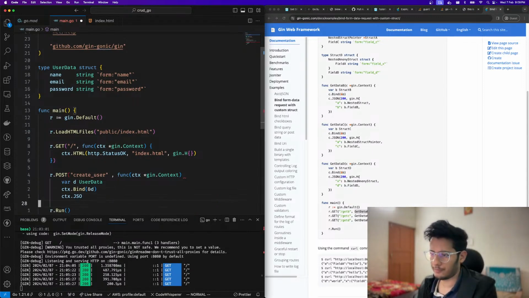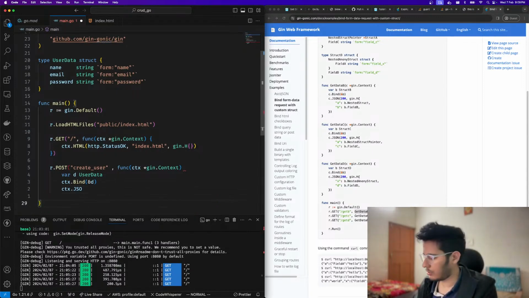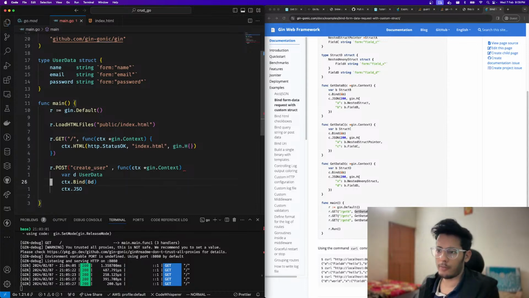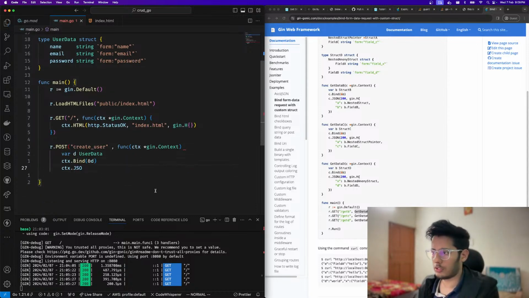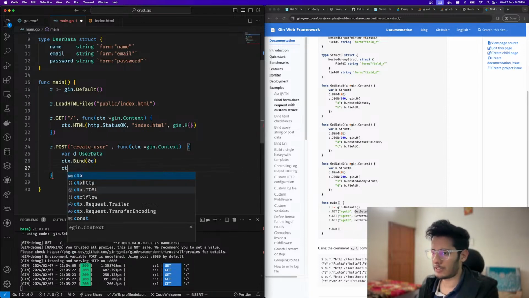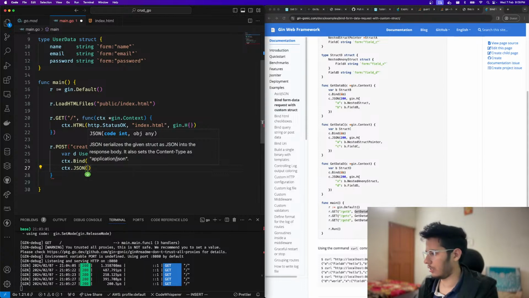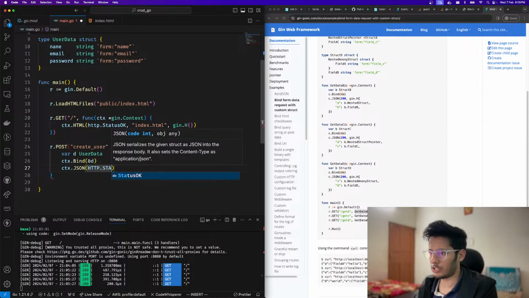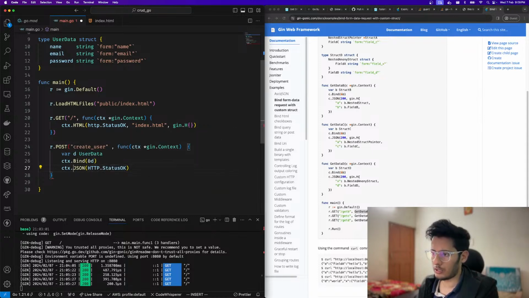What do you mean? How does this even work? Okay, great. Surely I can do this and just return ctx.json, and we can say http.status. Okay, so this is like that, and then